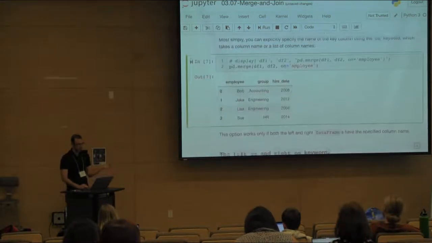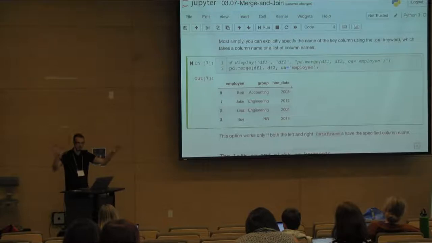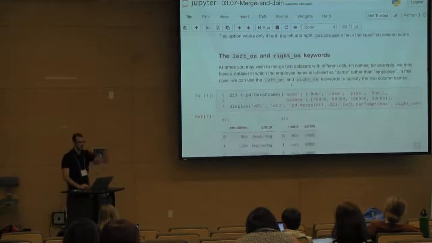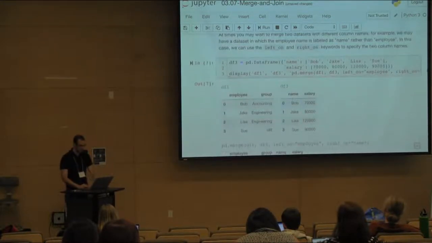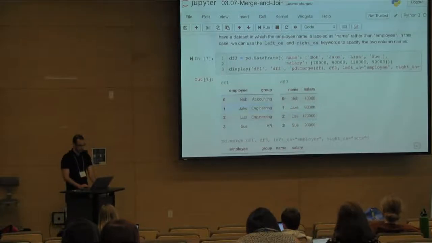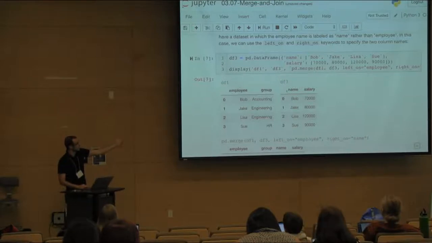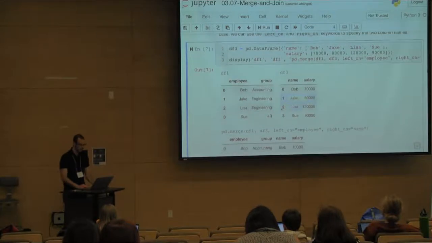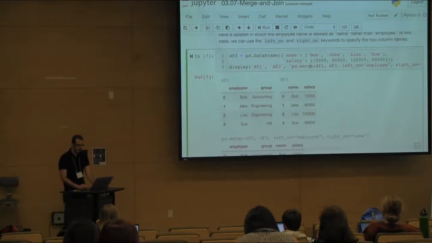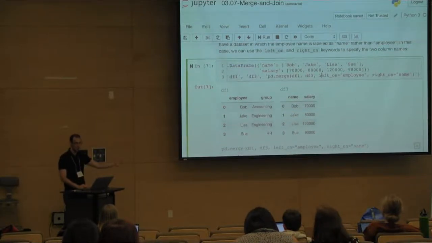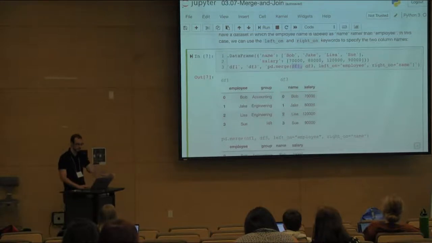On is nice when you know that the same column exists in both data frames, but often it doesn't. Often they're called different things. In this particular case, notice this data is not normalized properly. Often you're pulling data from one place and another, and it's very common that in one file you have the group information and the column is called employee, but in the other file, which has the salary information, it's name. But you know that these two things are the same, so you want to join them, and the way you do that is by explicitly saying, for the left data frame, which is the first one I'm passing in here, df1,